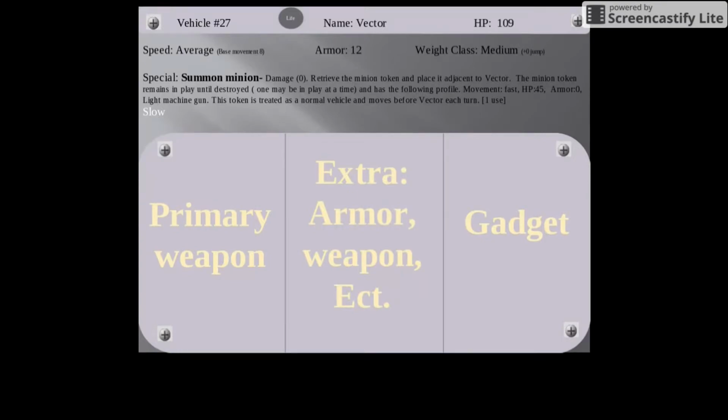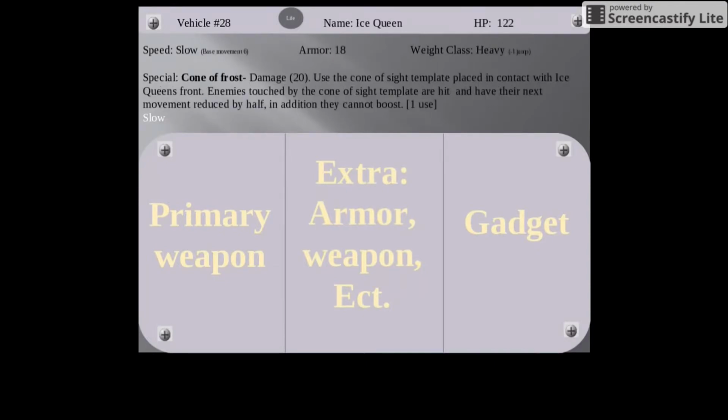Movement fast, HP 45, armor 0, light machine gun. This token is treated as a normal vehicle and moves before Vector each turn. So, this is the equivalent of having a second card that you can control. Ice Queen. Cone of Frost is her special weapon, which does 20 damage using the Cone of Sight template,